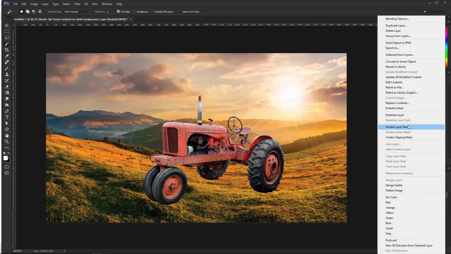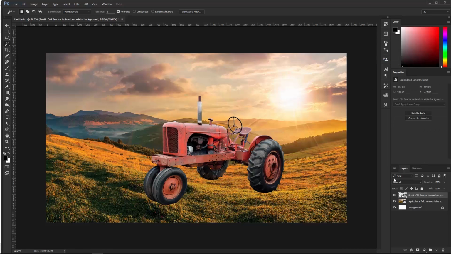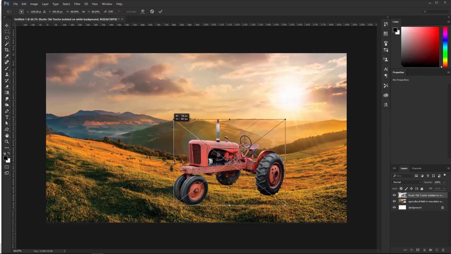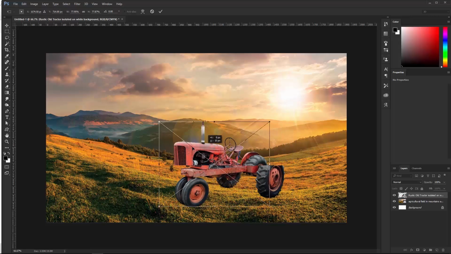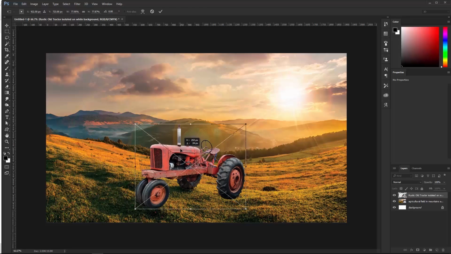I'm just gonna convert this thing into a smart object in case I wanna edit it somehow later. I guess now I can actually start placing it in the scene a little bit better. I can see that the picture was taken with the camera a little higher up because we can see this top part of the tractor. So maybe it needs to be a little smaller. So in this scene, the horizon line is probably somewhere around here. So then the tractor can't be like up here somewhere because it looks too fake. So maybe I'll place the tractor like here,